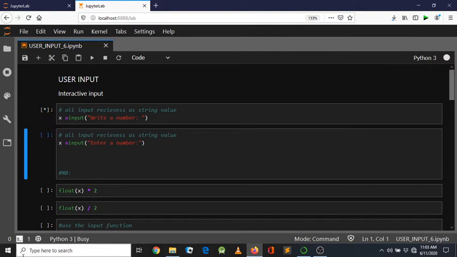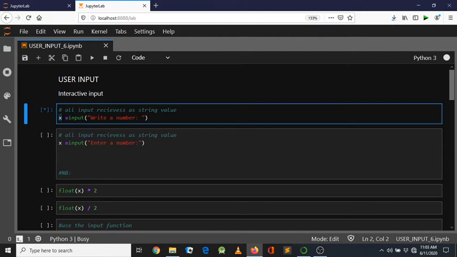So let's begin. I've put my built-in function input inside the variable x. So what am I saying? That whatever the user inputs should be stored inside the variable x. So when we run this code,